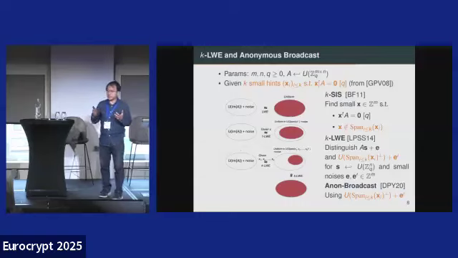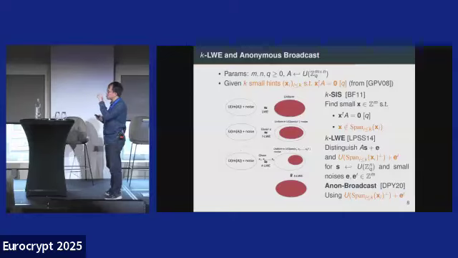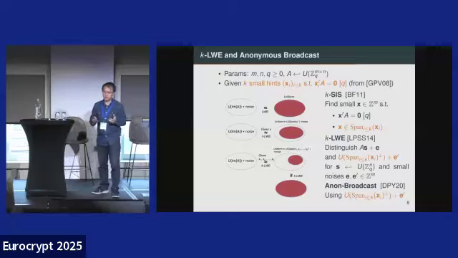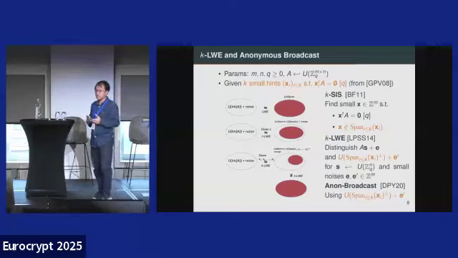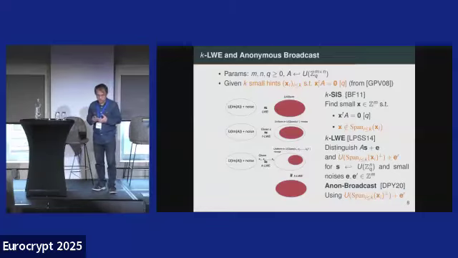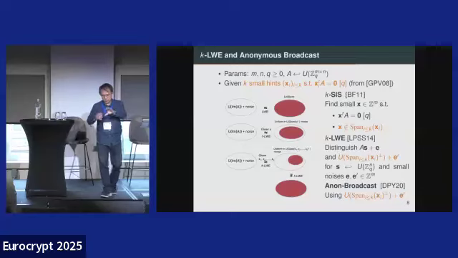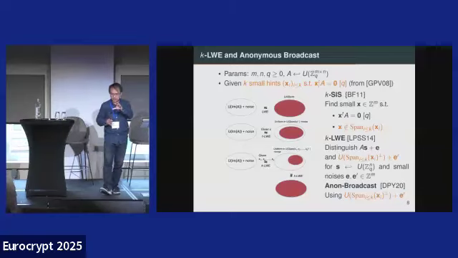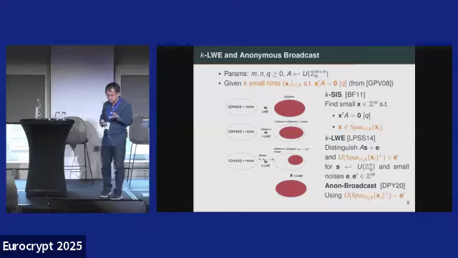Given x1, x2, ..., xk, the image of A plus noise is indistinguishable from the subspace orthogonal to all the x1, ..., xk, plus noise. This is essentially the KLWE assumption, and it can be reduced to the standard LWE with a polynomial reduction. And if there is no noise, then the uniform distribution on the span of x1, ..., xk plus noise is indistinguishable from the uniform distribution. And this can be tweaked from the tracing scheme of 2014 into an anonymous